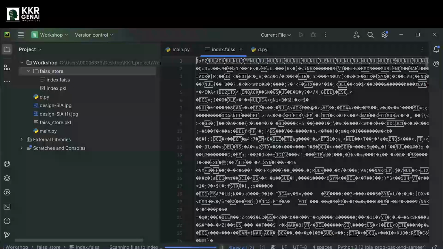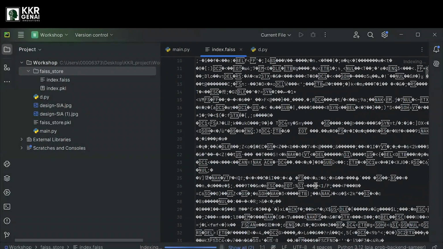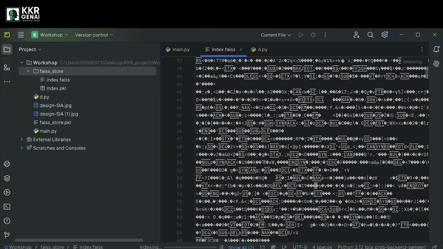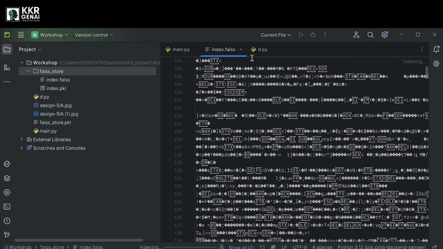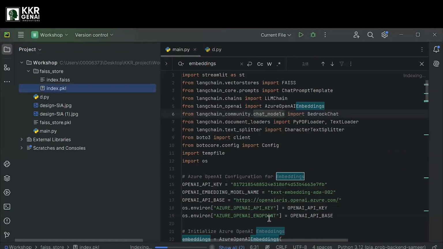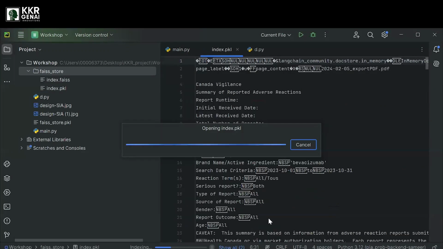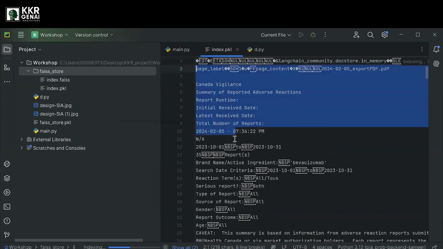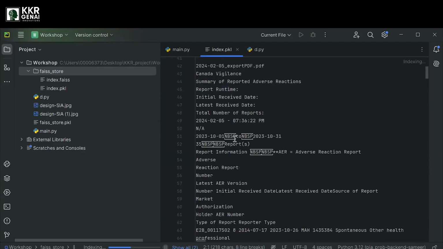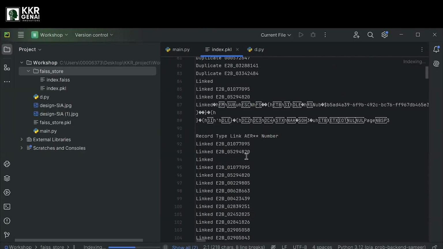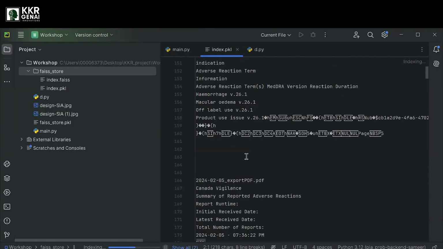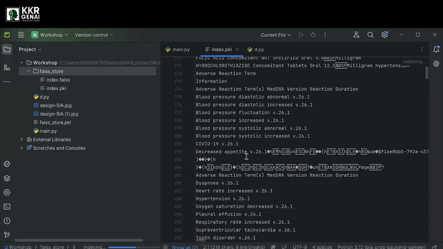This is all encoded information which you are not able to see. Those are the numerical values. Generally, whenever you create vector embeddings, it will be created in the form of this storage information. It stores only encoded information as well. This is the information which you fed to the vector embeddings, all the text information. This text information is converted to numerical values as vector embeddings and stored in this particular format.